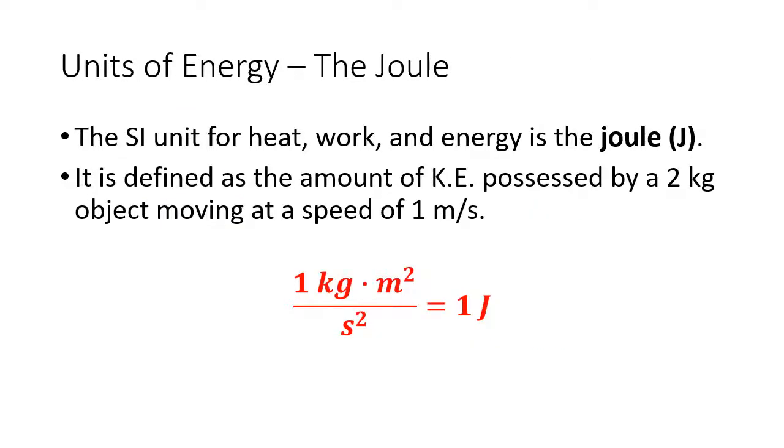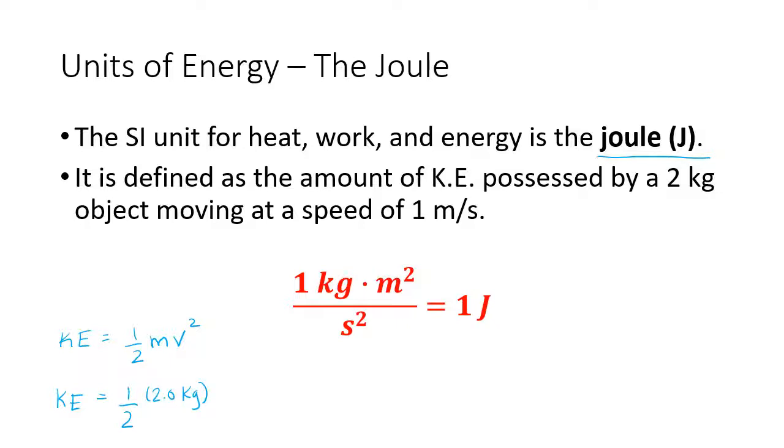The joule is the SI unit for energy. The joule is abbreviated with the symbol capital J. It is defined as the amount of kinetic energy possessed by a 2 kilogram object moving at a speed of 1 meter per second. If we use the formula for kinetic energy, which is equal to 1/2 times the mass times the velocity squared, and we were to plug in our mass and velocity, we would have 1/2 times 2